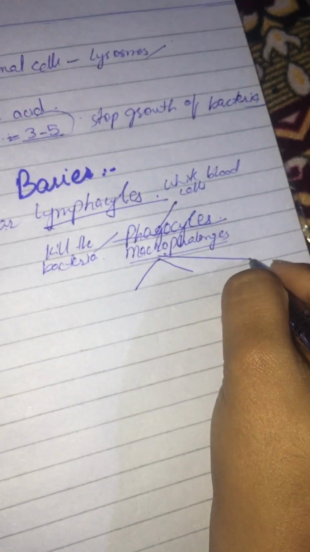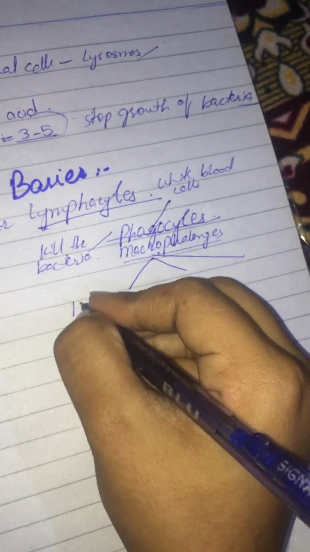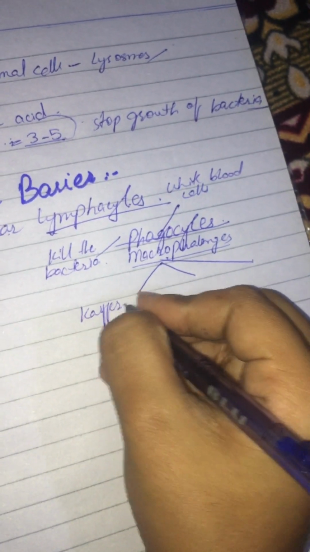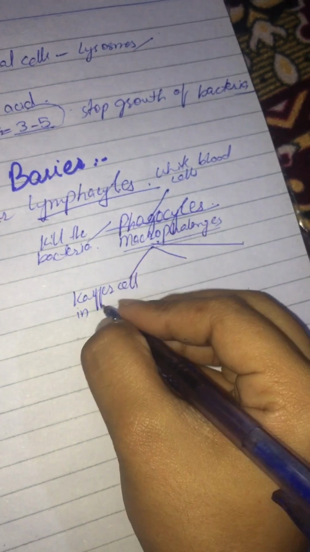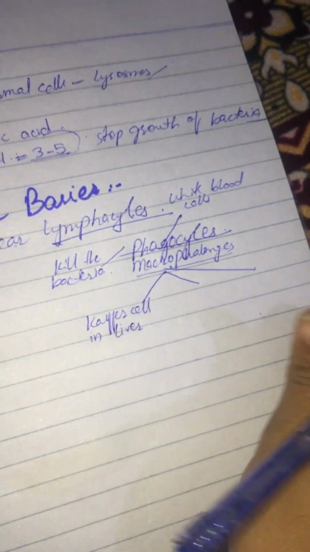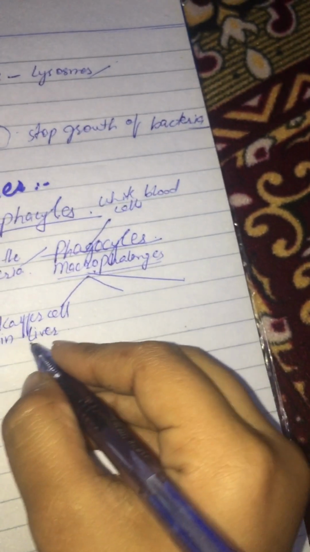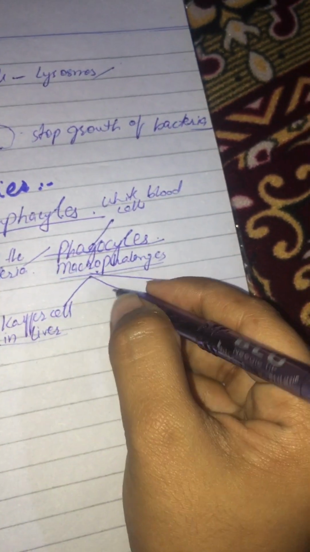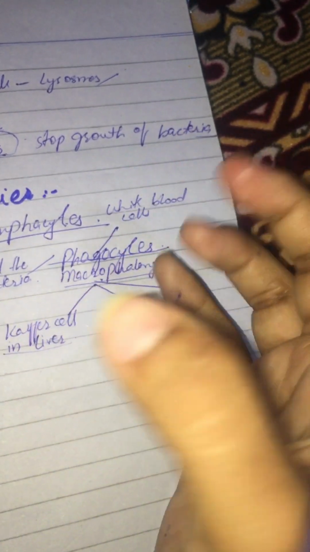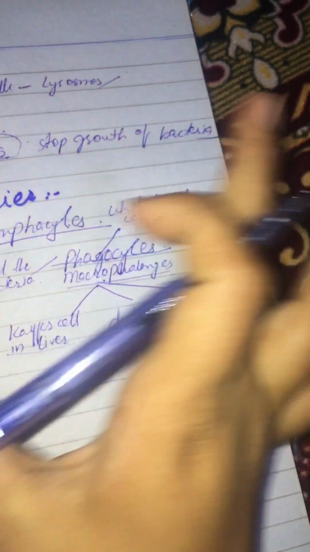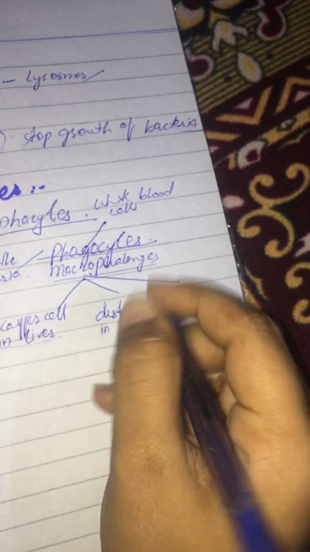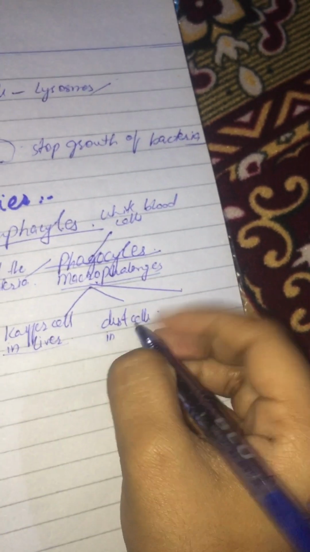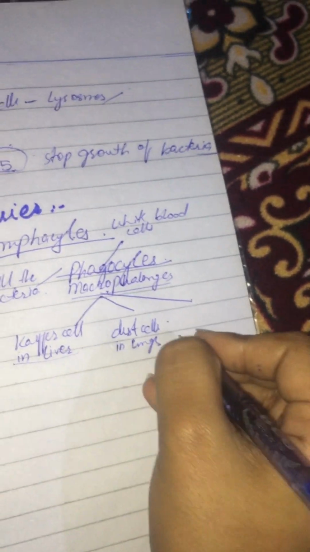These are of three types. One is Kupffer cells, which clean the bacteria in the liver. These are present in the liver, and do not allow bacteria to go inside the liver. Then we have dust cells. Even the air we are breathing from our environment is not purely clean. So these dust cells clean our air. These are present in the lungs. And the third one is